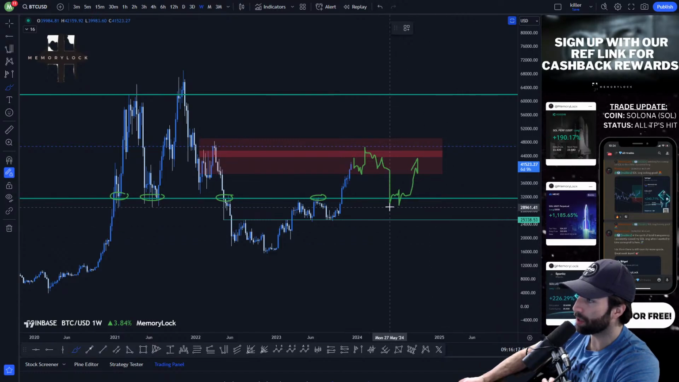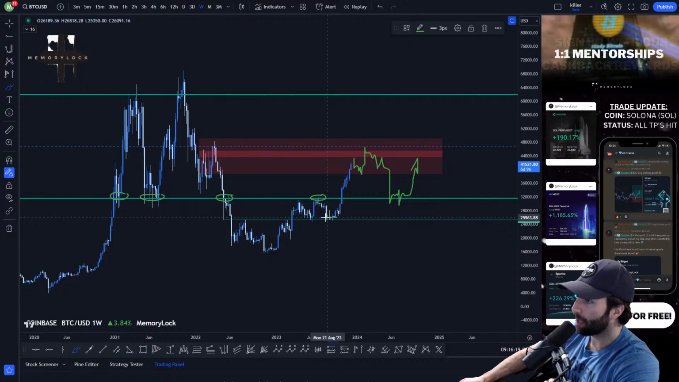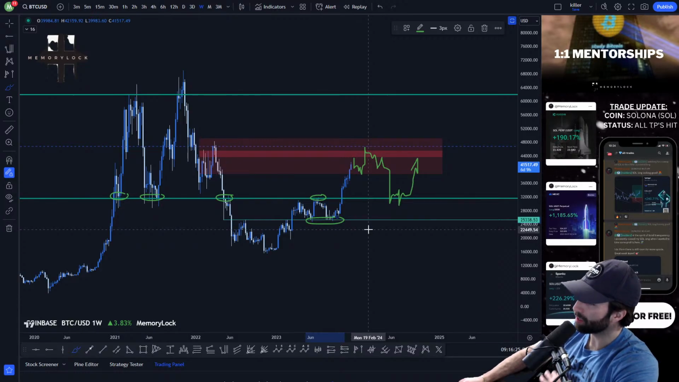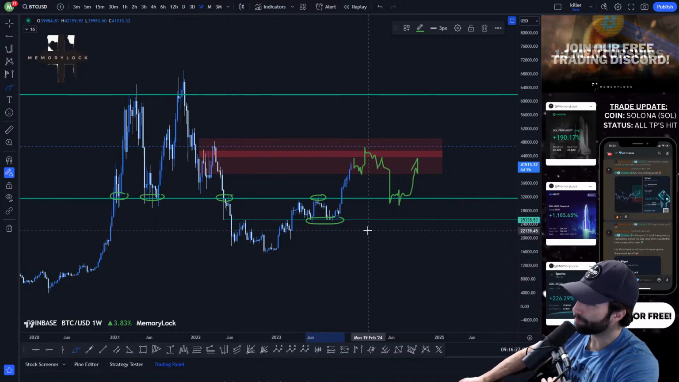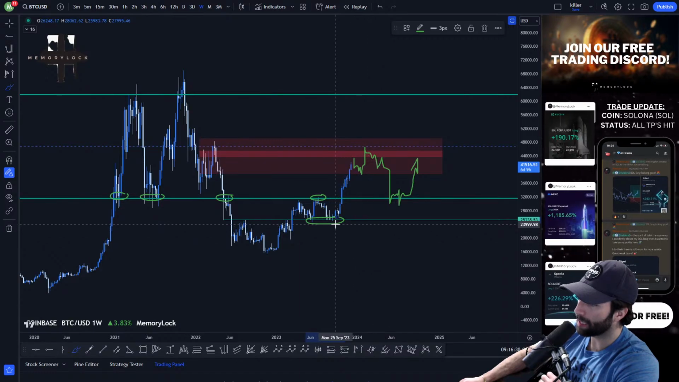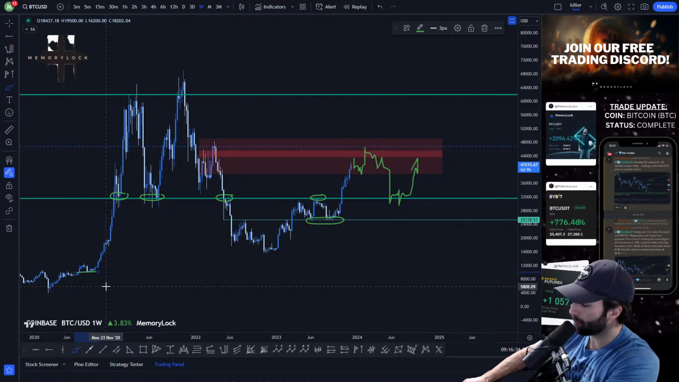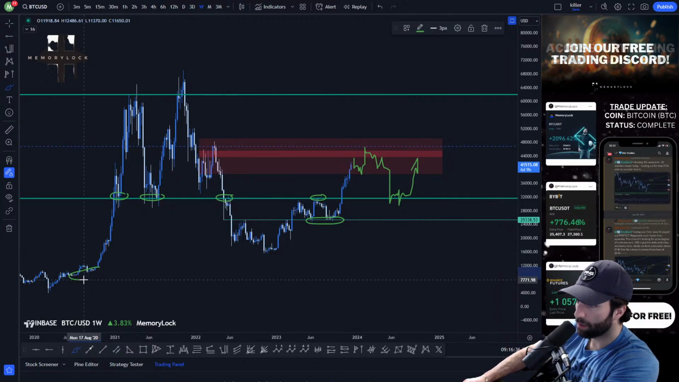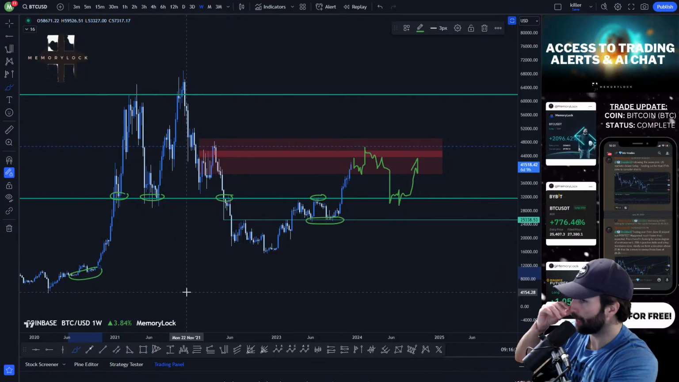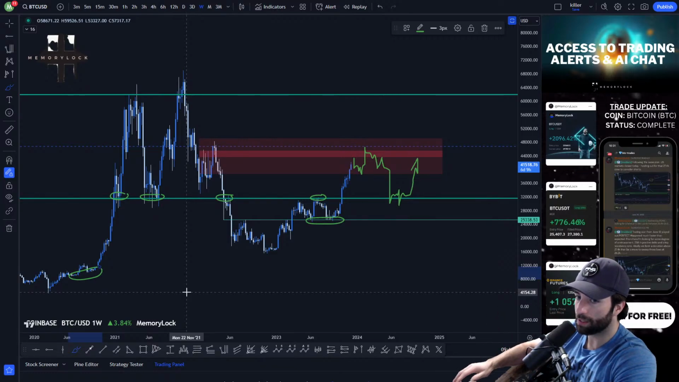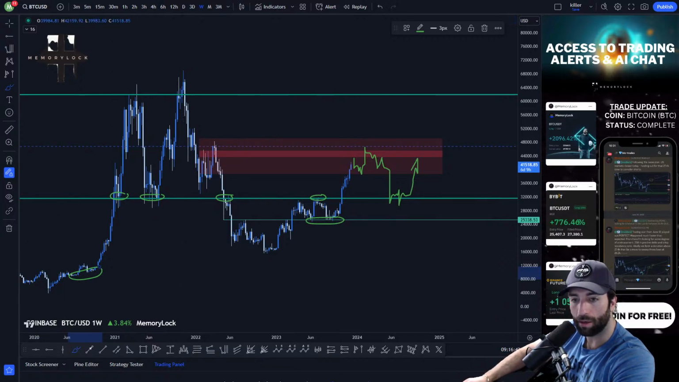If this level is lost, I would want to see a sweep of these equal lows. I actually don't think that's going to happen. For a while I did, but here's what I want to point out too: you can see that we have some equal lows over here that never got taken, and when those never got taken,